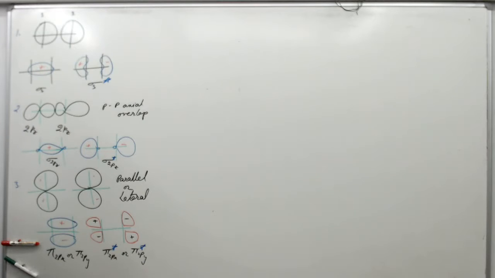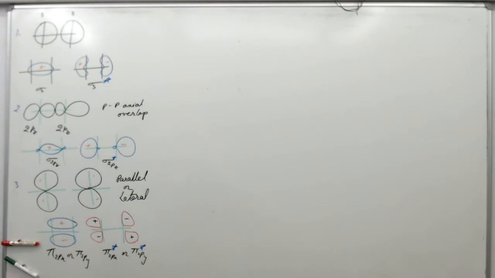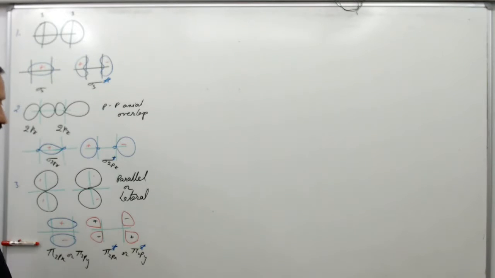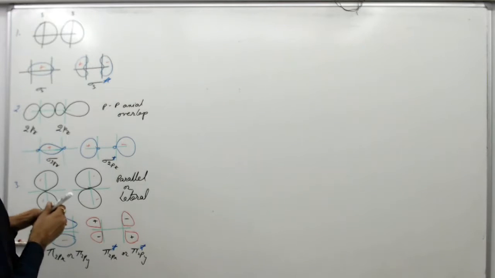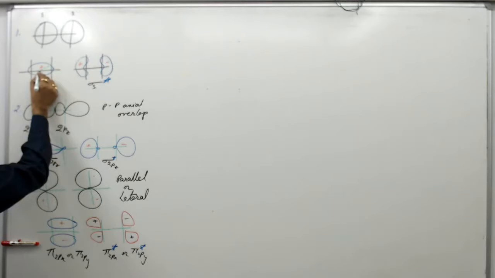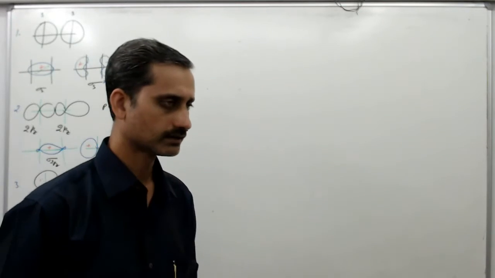Now, talking a little further, we talk about one more thing. We talk about the center of symmetry. When you talk about the center of symmetry, it would mean that we move from one part to another part. What we do is we start from the center of the orbital and move in a certain direction to a certain distance. And then we move in the exact opposite direction with the same distance. If we find the identical region, we